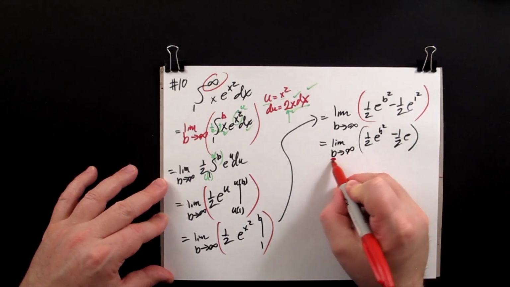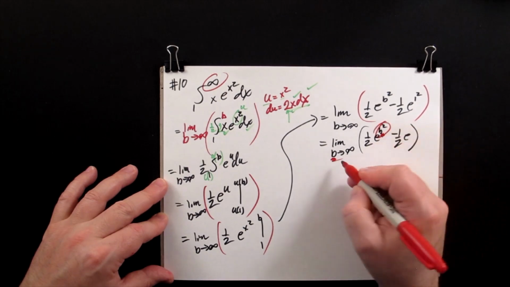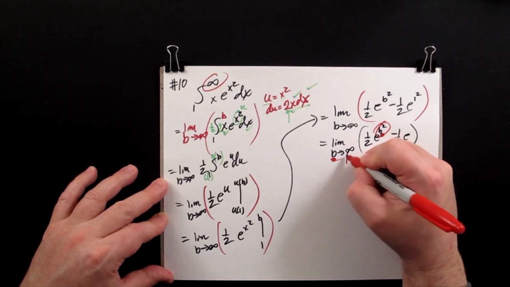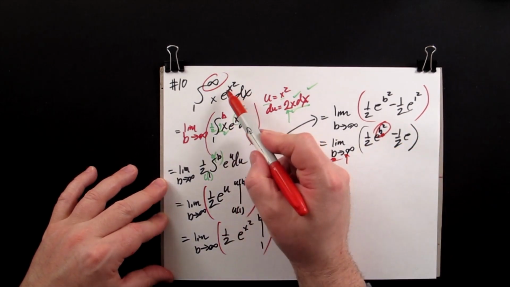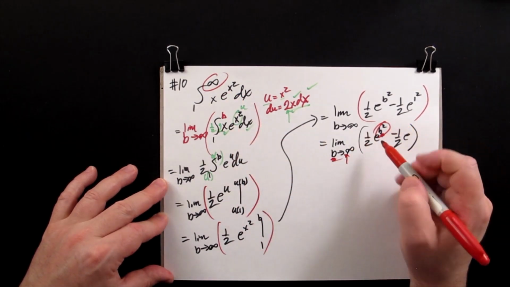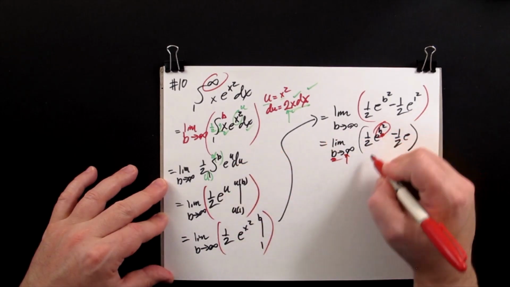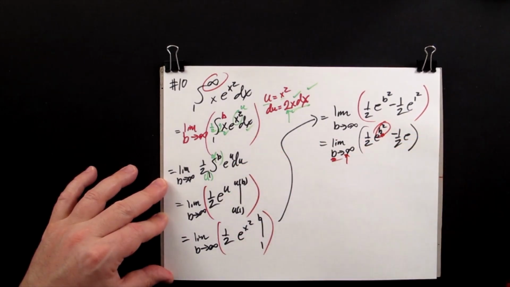So the b is only there. We're squaring it. Important to check the signs before you do anything else. So this is positive. This is positive. When you look at the original problem, it's positive. So that's good. We didn't make a sign error there. So this is going to be positive. So we're going to have